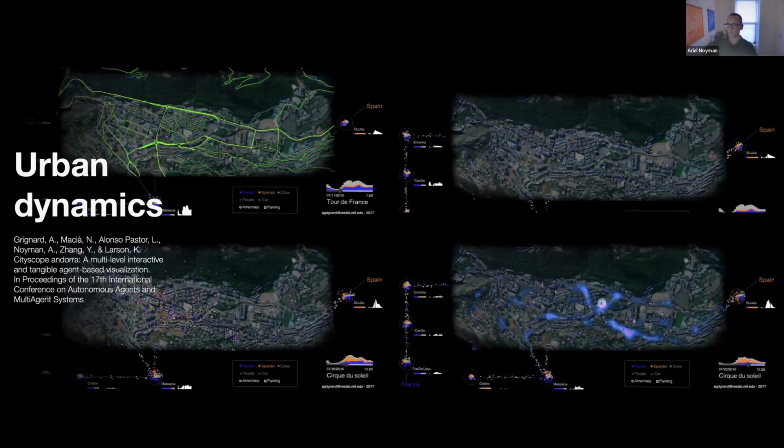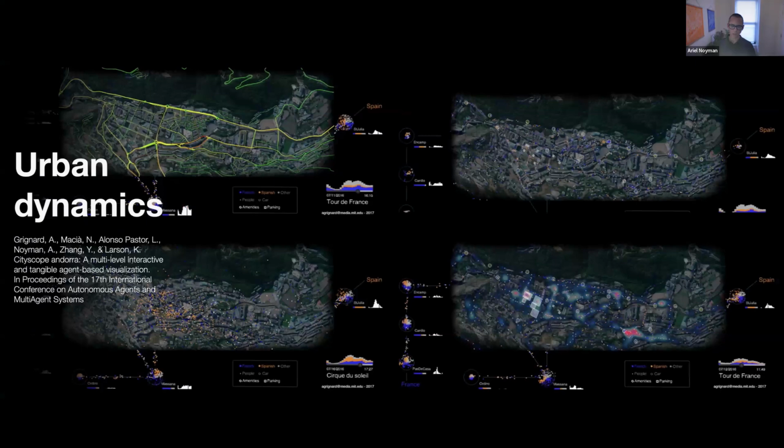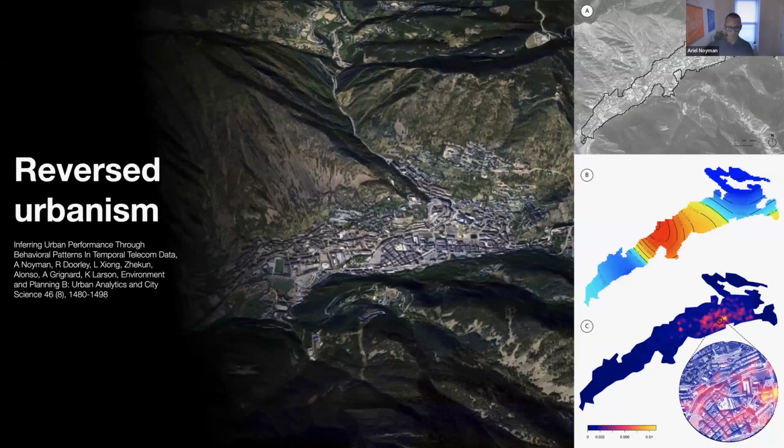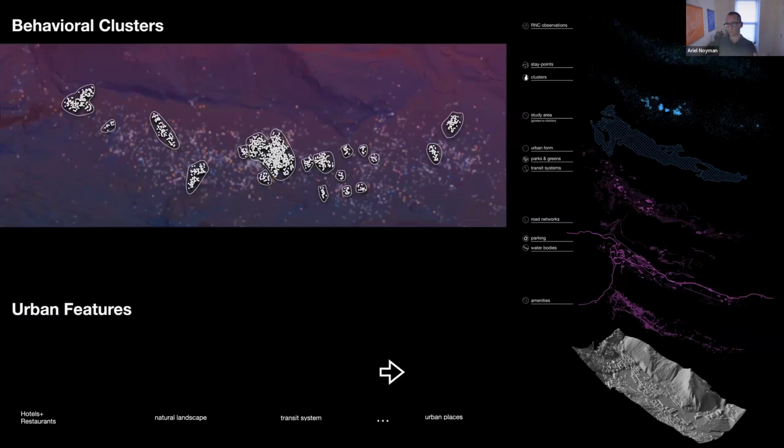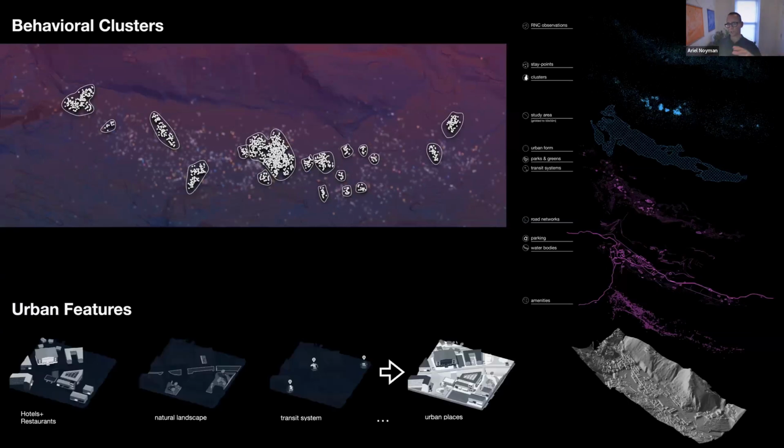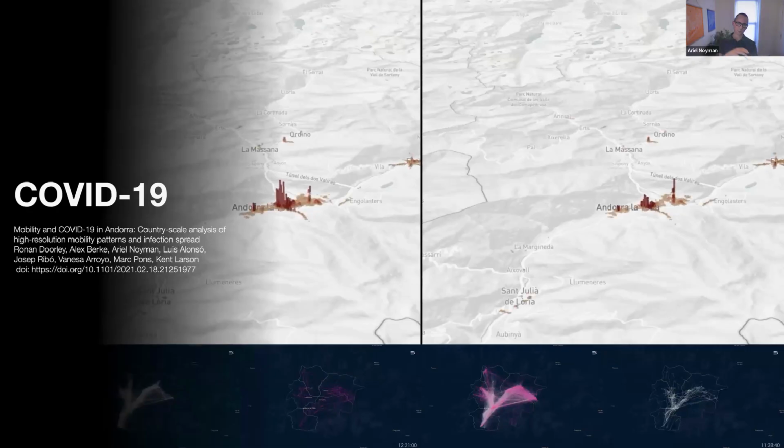With a bit more accurate data, we can start to model different correlations between activity patterns, urban form, amenities, and other spatial features, so that we can show which of these urban ensembles, an ensemble would be a restaurant, a coffee shop, an intersection, and the urban activity that we can see from the telecom data, create highly active urban places.